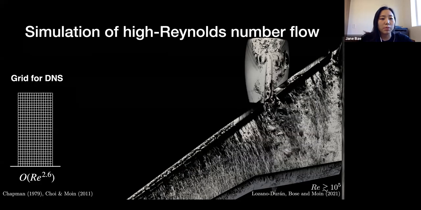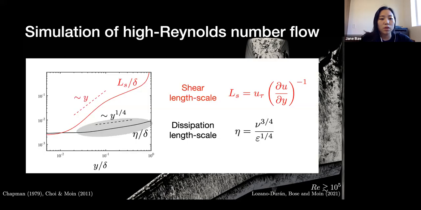So when we talk about direct numerical simulation, the cost of our simulation depends on Reynolds number as a power of 2.6. And that's where all that high cost comes from. So using DNS, it's not practical and even infeasible to run simulations of such high Reynolds numbers that are practical in engineering applications. So one idea to reduce that cost is, when we have this large scale separation between the large scales and the small scales,